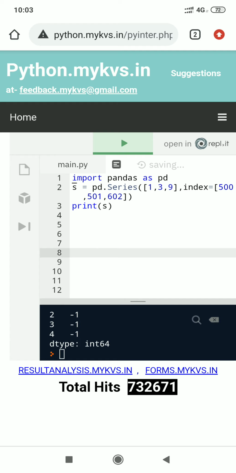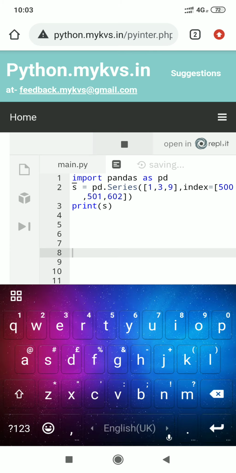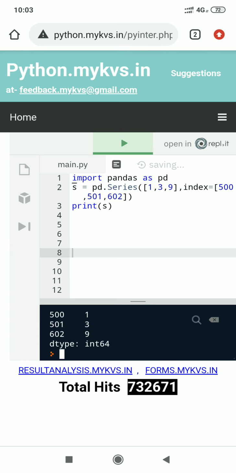Students, you are finding that the default indexing is 0 1 2 3 4 like that. Now I have changed the index. Here you are finding 1 at index position 500, 3 at index position 501 and 9 at index position 602.